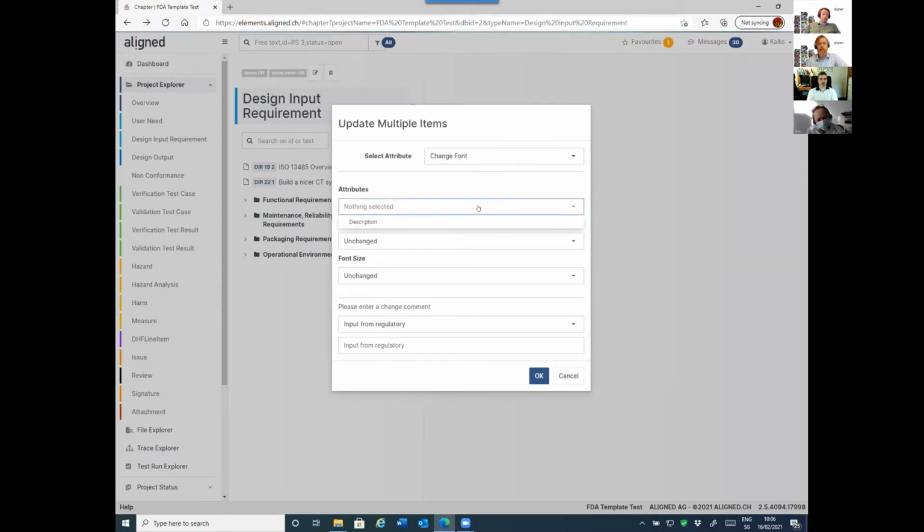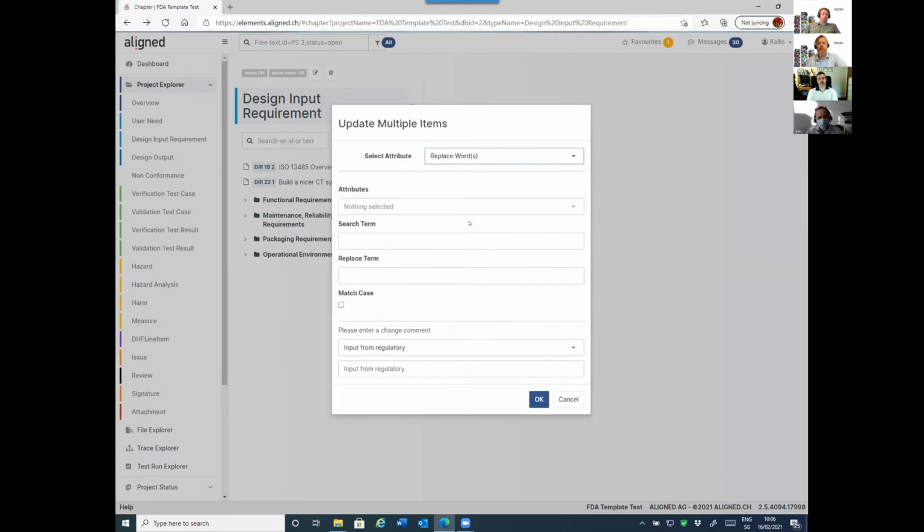So you select the available rich text fields, the font name, and the font size. And that will then update the font name and font size for all those items for that particular attribute or those particular attributes. The second action is replacing words. So if you have a word that you want to exchange that appears in many, many items, and you want to do this in a single action without having to search and open and manually change that,